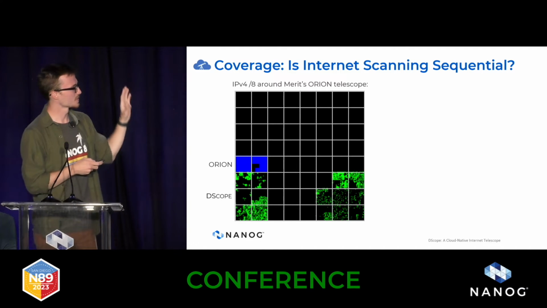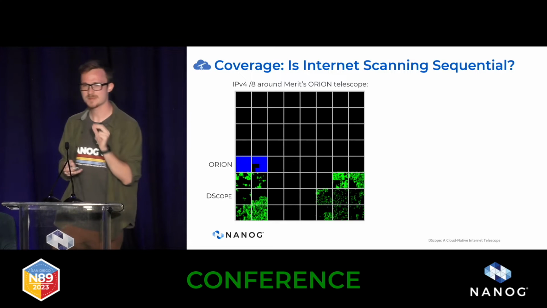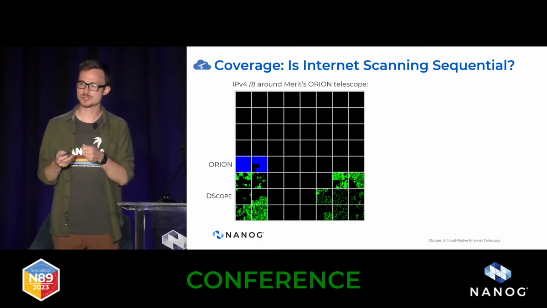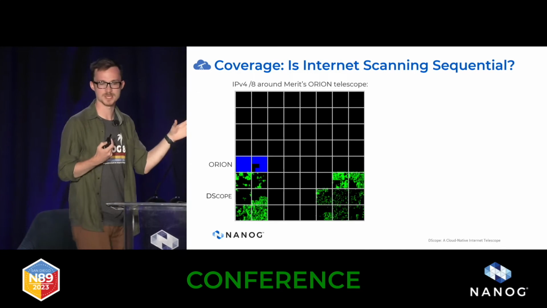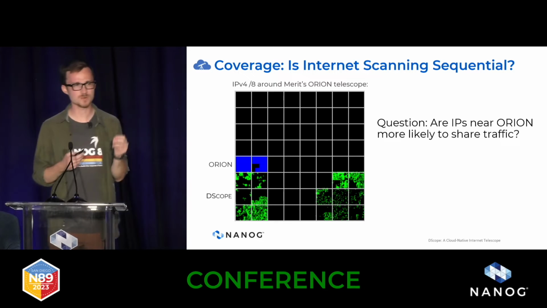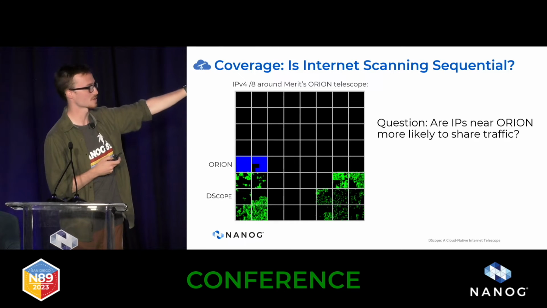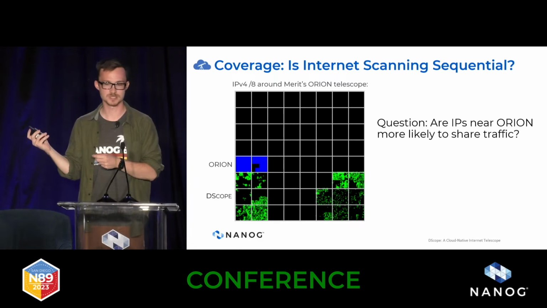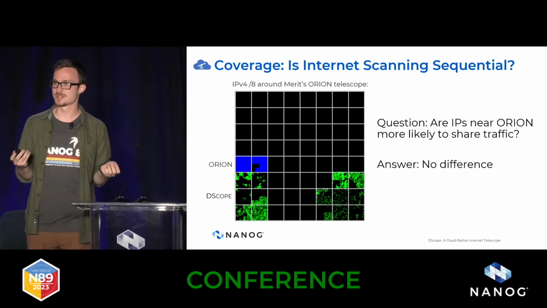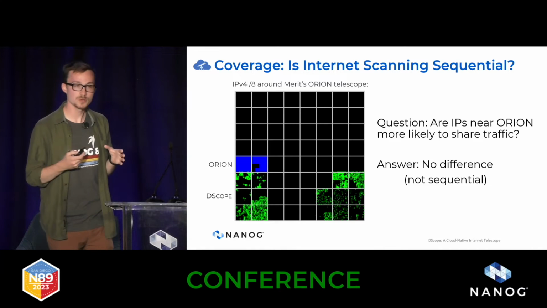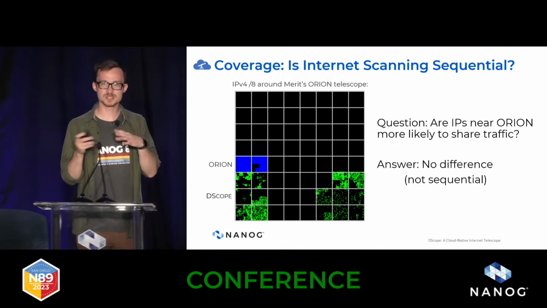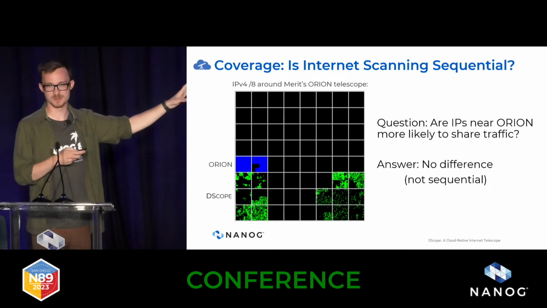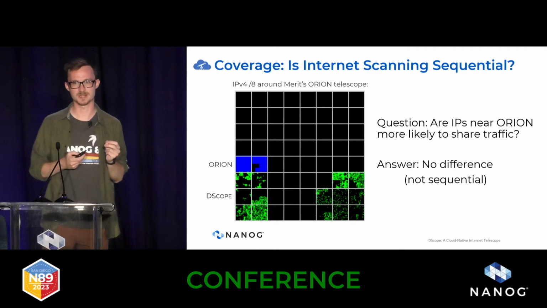What we did here was look at DScope IP addresses that were in the same /8 that was previously part of the darknet telescope. And we looked at whether those showed the same phenomena as other DScope IP addresses. The question here is, are IP addresses near Orion, near the darknet, more likely to be similar to it than, say, any other /8 that Amazon owns? And the reality is that we really saw no difference here. So what we conclude is that adversaries are not just avoiding this whole /8 thinking it was previously the telescope, but they're specifically targeting cloud services.